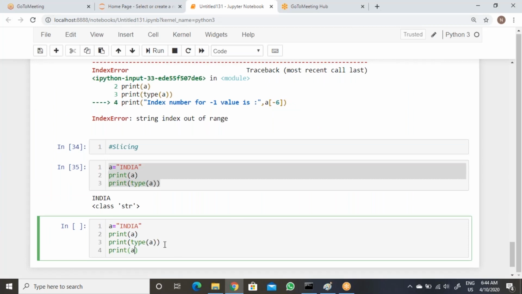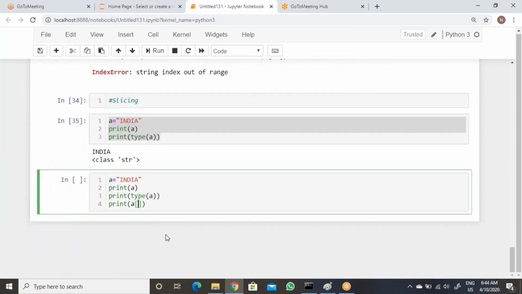So let's see now how it will be. Print of object A, you can take whatever. Then the starting index number is 0, then the ending index number will be 4, whatever you take. Step I will explain later.